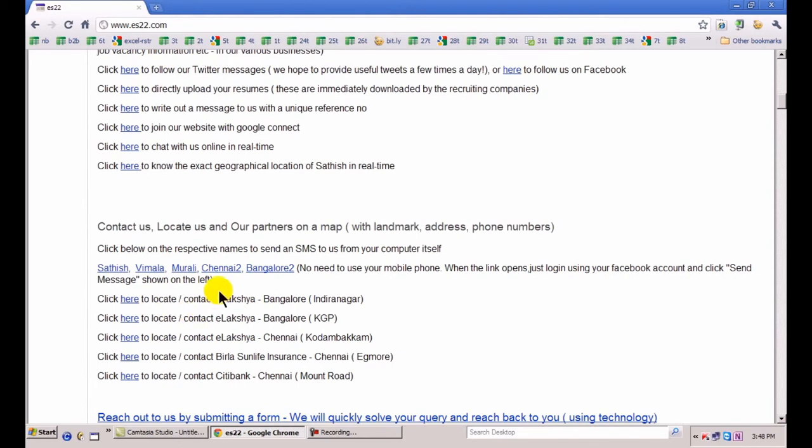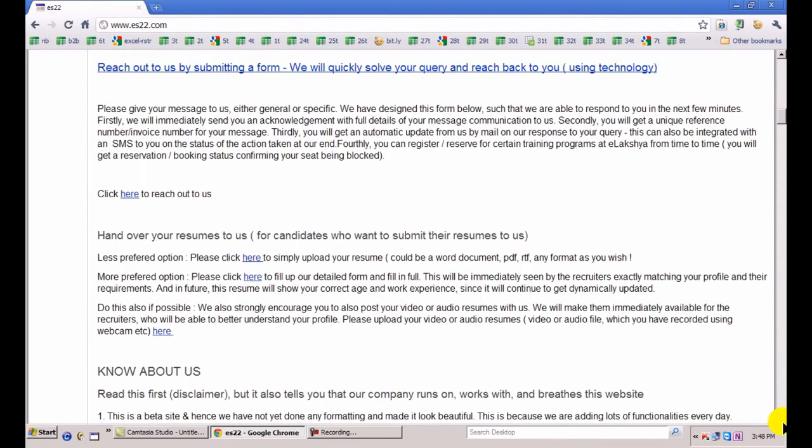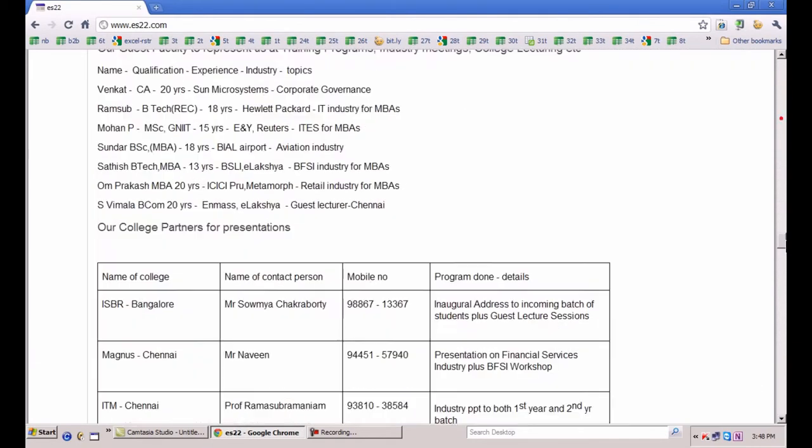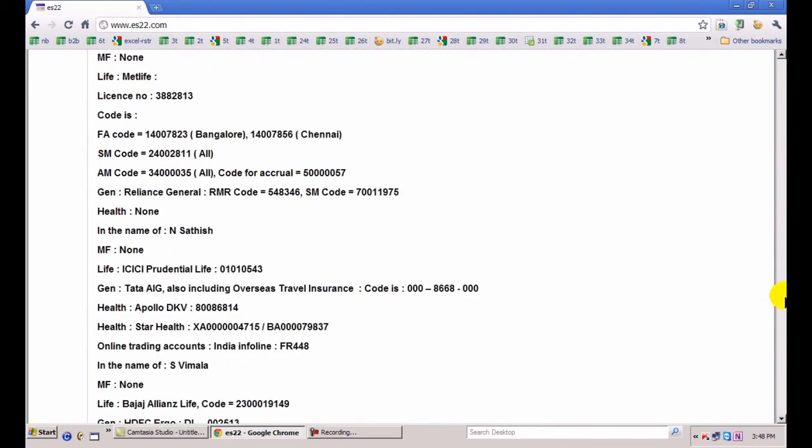I mean, there are things which are so advanced. For example, if you want to send an SMS to us without going to a mobile phone, here you can send an SMS directly through our website. So all these things, if you want to submit a form to us, here. All these things you can do directly from our website, and it's fairly transaction oriented. If you want to upload your resume in the form of a form, or do various other things, know about us, details, various phone numbers, I suggest you go through our website to see what all you can do there.